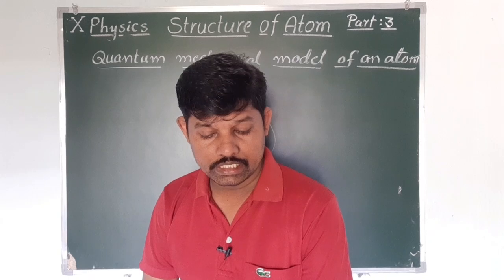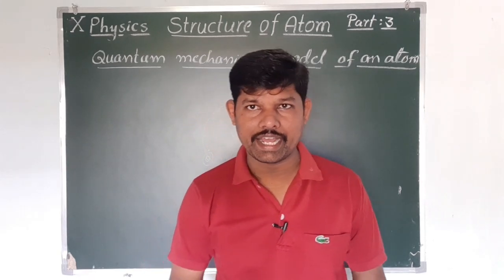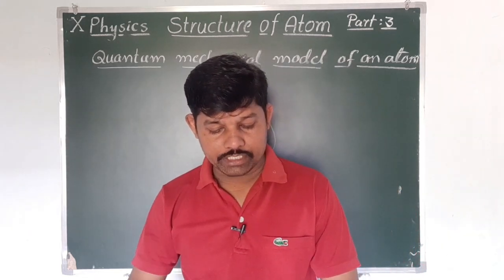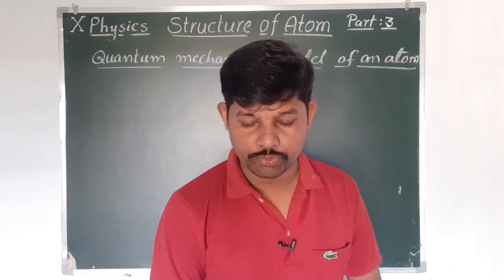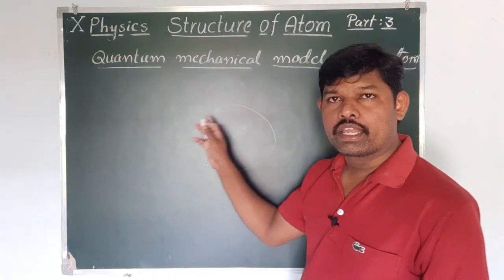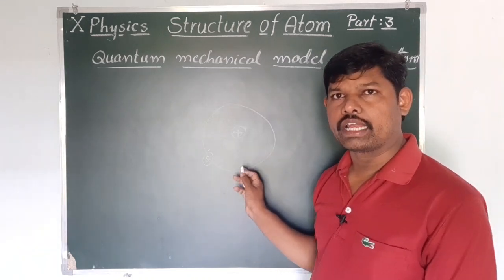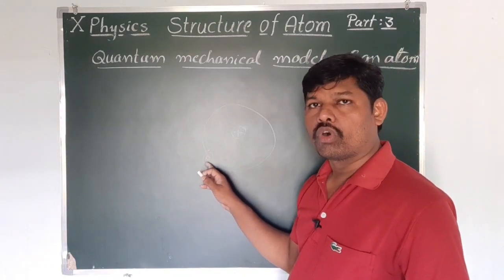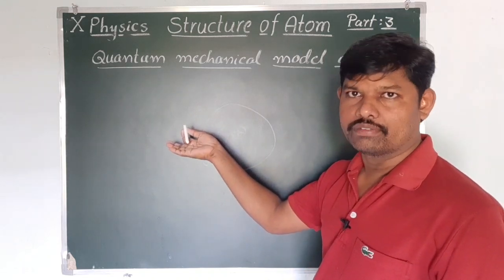We know that light of very short wavelength has high energy. This short wavelength light interacts with the electron and disturbs the motion of the electron. Already the electron is revolving around the nucleus. So when you use a high energy light, that means a short wavelength light, it falls on the electron and disturbs its motion. That means it will jump into another level.